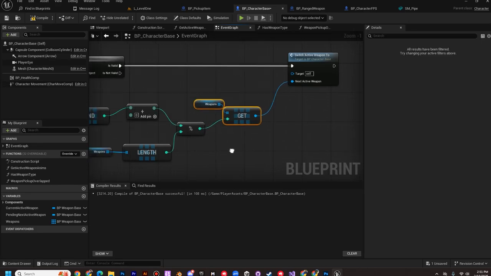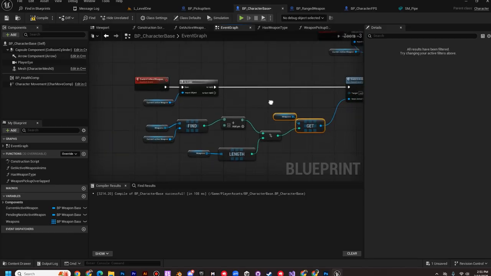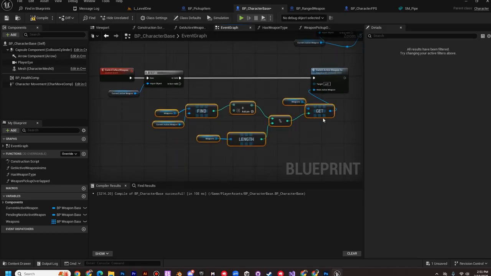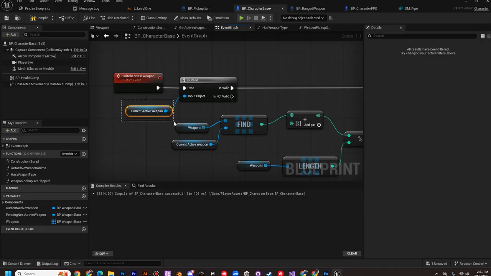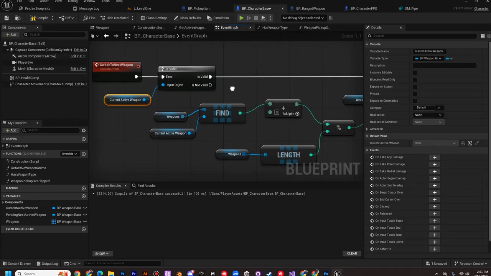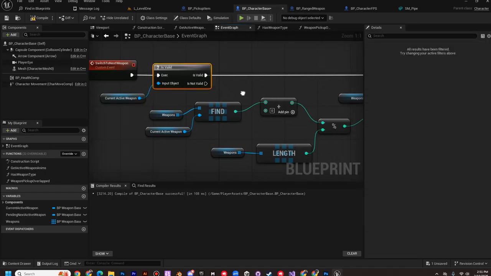That was not the most effective way to do that, but it's done. So what this is doing is checking our current active weapon. All this is doing is exactly what it sounds like. The current weapon we're holding, is it valid? Does it exist? If so,